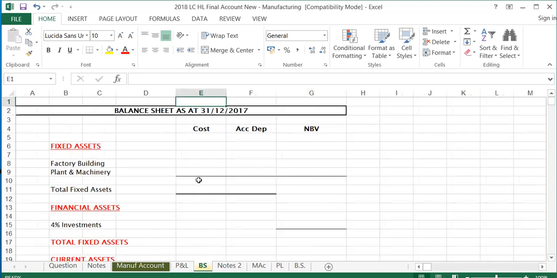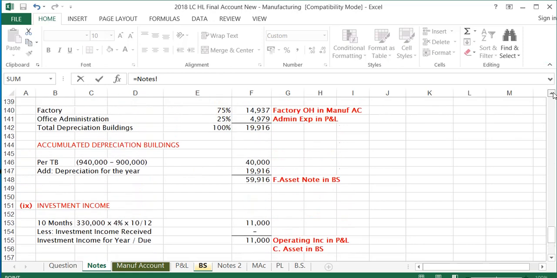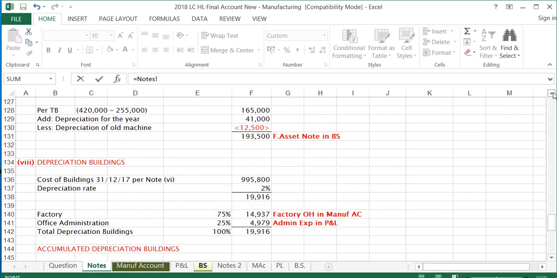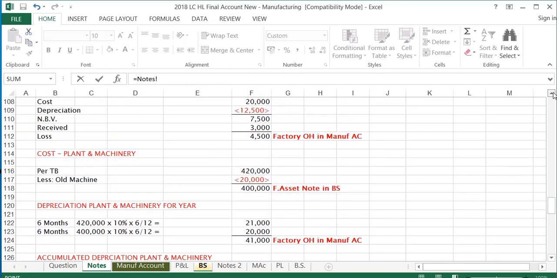And finally, for the balance sheet, the first thing we always start off with in the balance sheet are fixed assets. So the first fixed asset we have is factory buildings. Now there's a couple of changes to factory buildings. So if I go down and look back through my notes to see the most up-to-date figure for factory buildings,